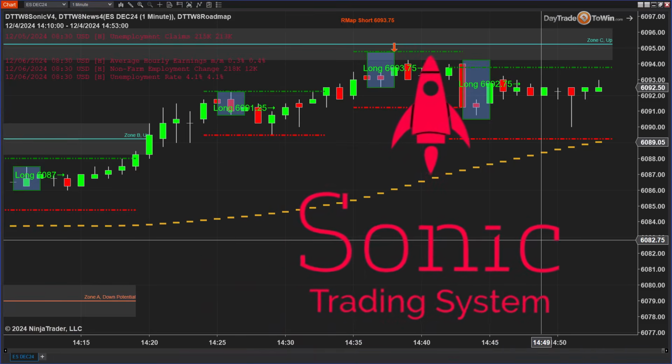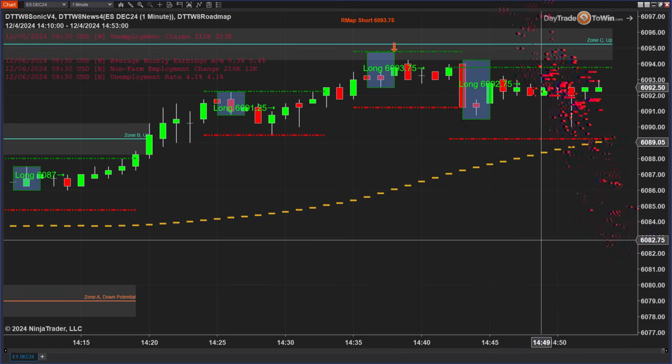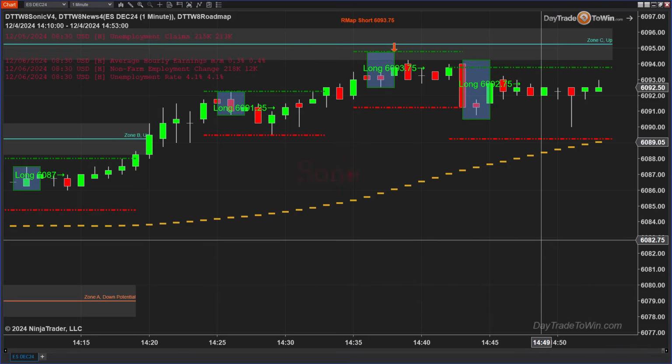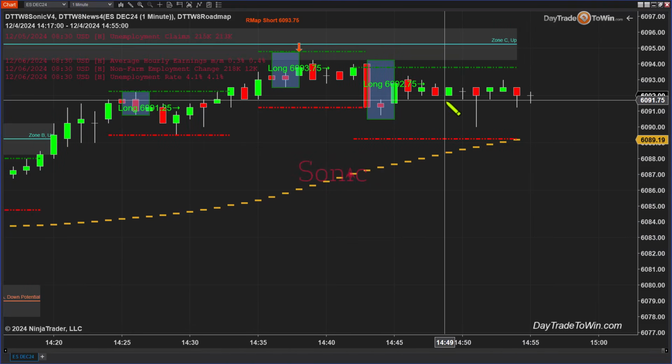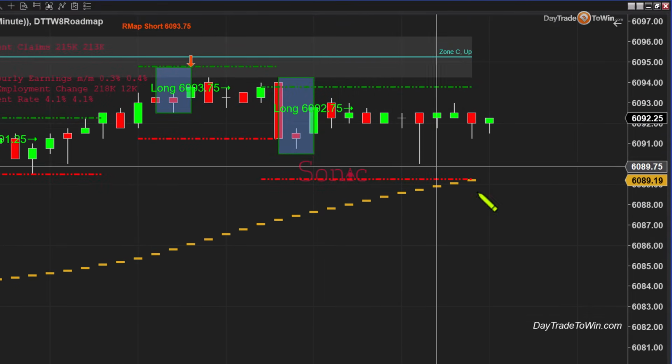Now, a lot of you are trading the Sonic and have the roadmap. What's really important is not to overtrade, especially because there are risks involved with trading. So not every trade you see is going to be a winning trade. So one of the mechanisms that I look for is to identify where I enter in comparison to the target